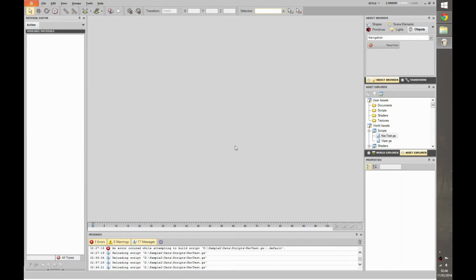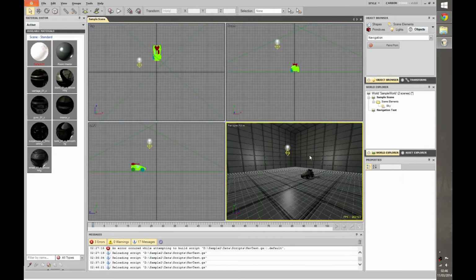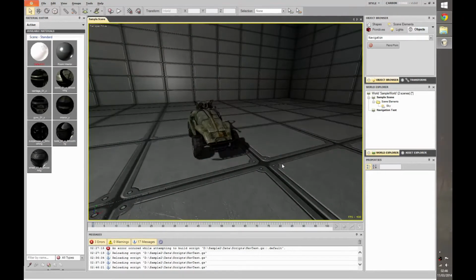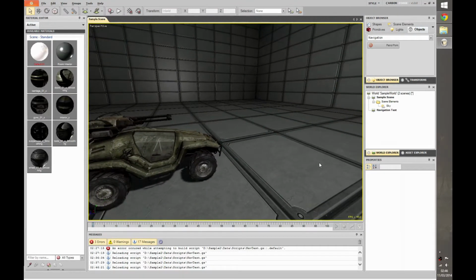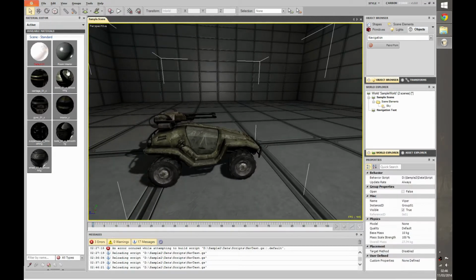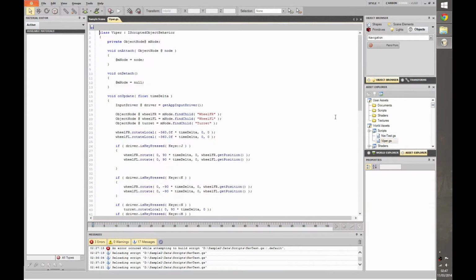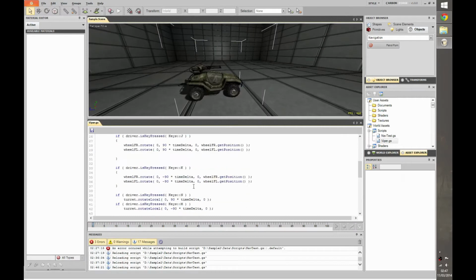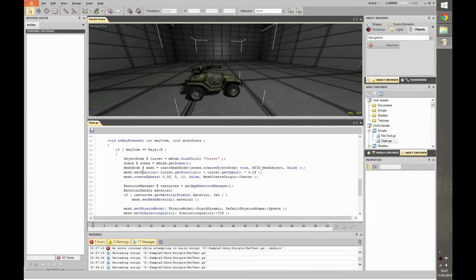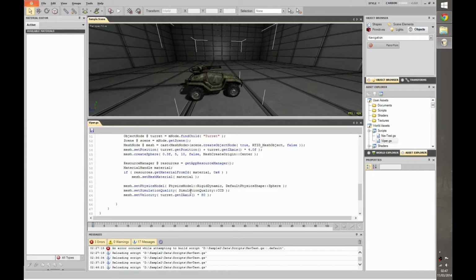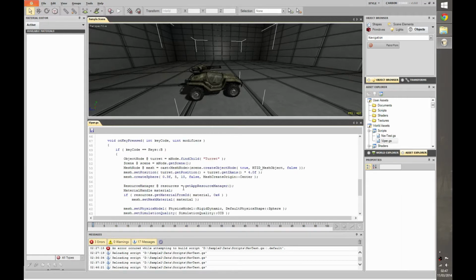What we're going to look at now is the concept of construct scenes and spawning objects in at runtime, something which will become increasingly important as you start to build your games. So for that, I'm going to go back to our sample scene, rather, with the Viper. Now to demonstrate this, what I'm going to do is modify this behavior, the Viper, which at the moment when we press the B key we fire a projectile which we create procedurally on the fly. Here we create a sphere mesh, attach it to an object, change its material, and then we set its physics model and so on. That's going to get very, very tedious if you wanted to do that